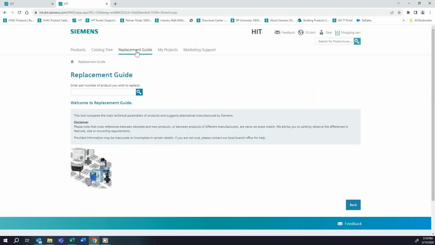Replacement guide. I will go through the replacement guide as well. This is where you can type either a competitor part number, and it'll give you the corresponding Siemens part number, and I will elaborate on that. Or you can put in an end of life, an older Siemens part, and it should give you the corresponding